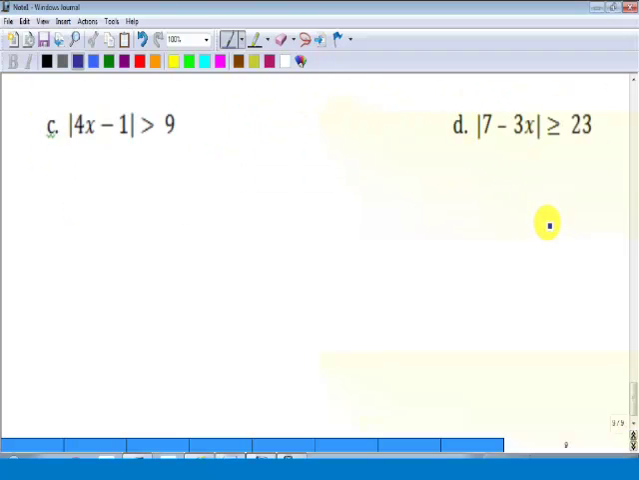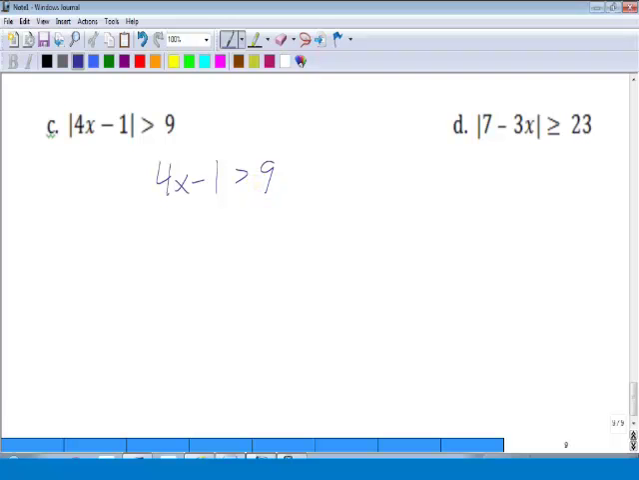Key first step. Absolute value 4x minus 1 is greater than 9. That can happen one of two ways. Maybe 4x minus 1 is greater than 9. And honestly, if that's all I see,